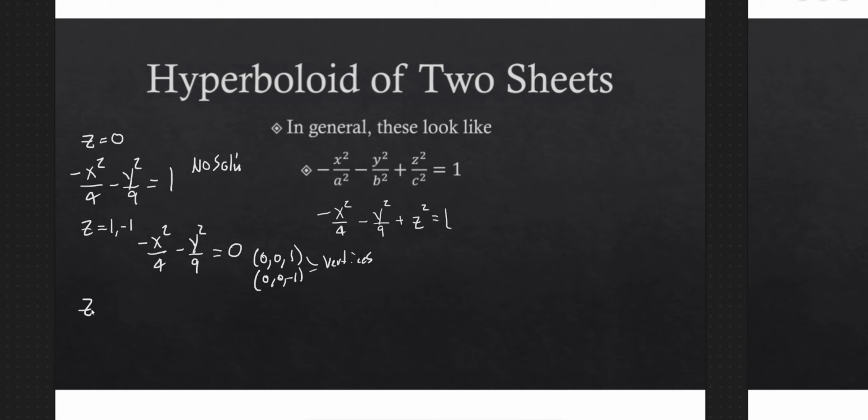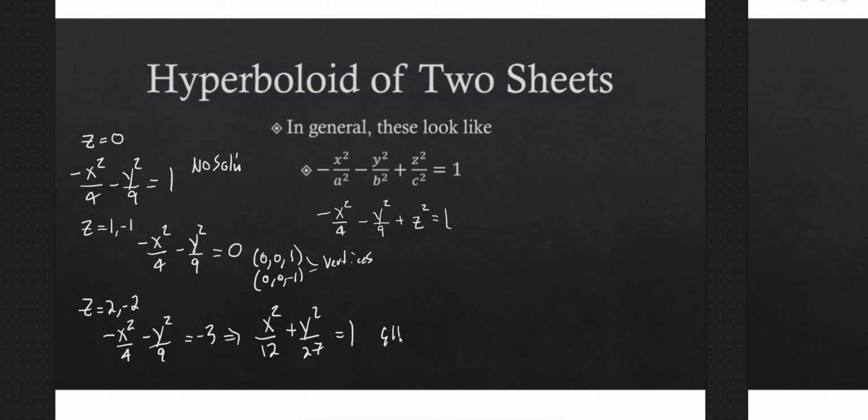So let's maybe jump up to z equal 2, or let's say negative 2. Again, same thing will happen in either case. We'll end up with negative x squared over 4 minus y squared over 9 plus z squared, that'll be 4. I'm going to subtract that over, so I'll get a negative 3 on the other side, equal to negative 3. I want this to be a positive 1, so I'm going to divide everything through by negative 3. That's going to change these to positives. We end up with what? X squared over 12 plus y squared over 27 equal to 1,